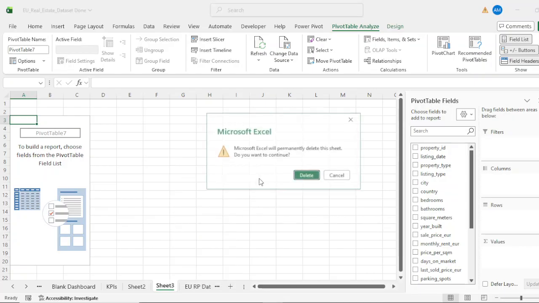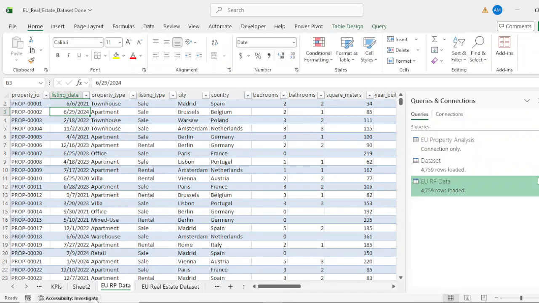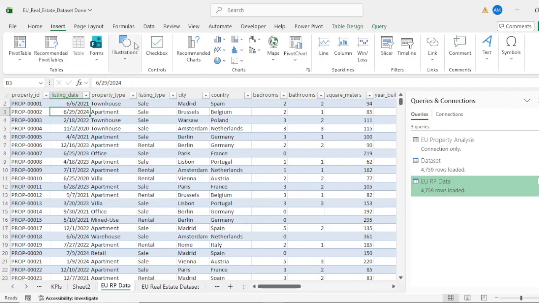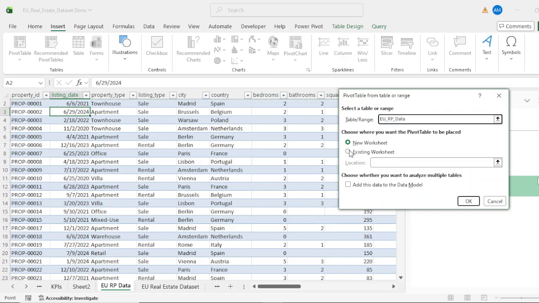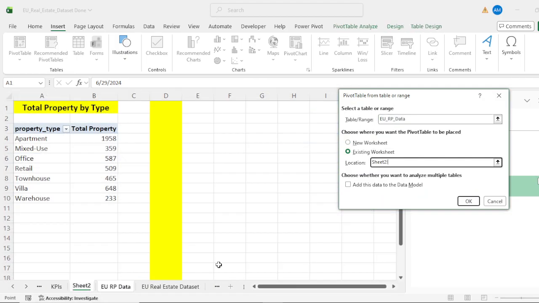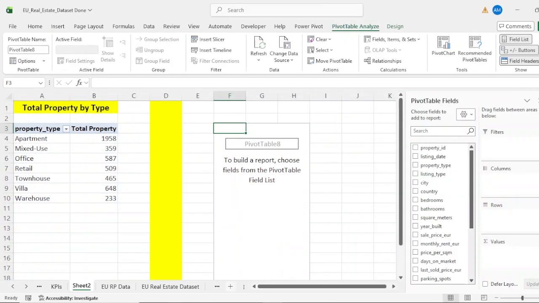We just need to delete it, because we don't want to make it in there, and make it go to the pivot table and existing worksheet in the analysis pattern, and we just need to select over here. We need to name it property